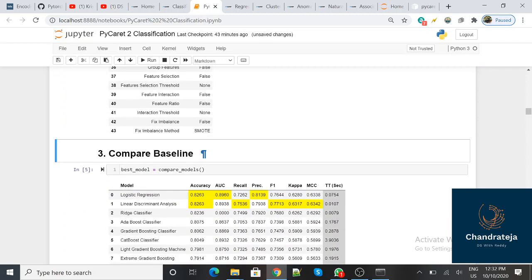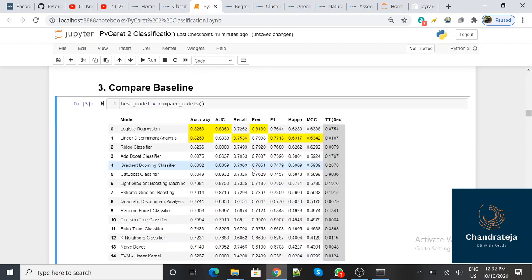So these things are over, and the next step is compare baseline. PyCaret can show, and it's wonderful, what we would build in a Jupyter notebook. We would need to create every model, logistic, linear, every model, and keep the results in one data frame. That's very tough. If one variable mismatches with another algorithm, you may need to build the algorithm again. That clumsiness is made easy by PyCaret. You can simply give the compare_models command.